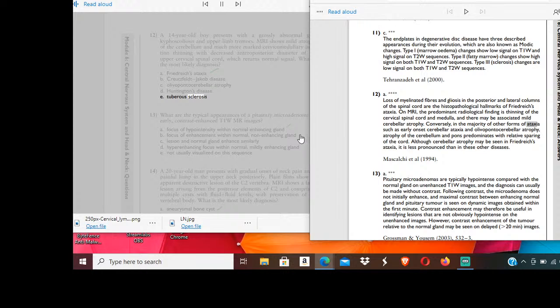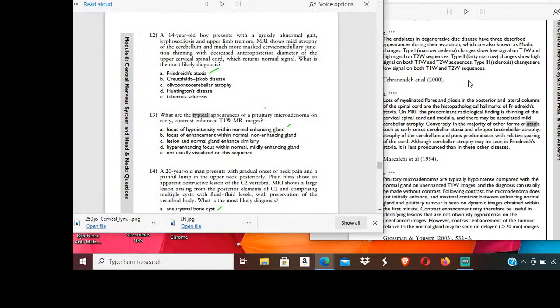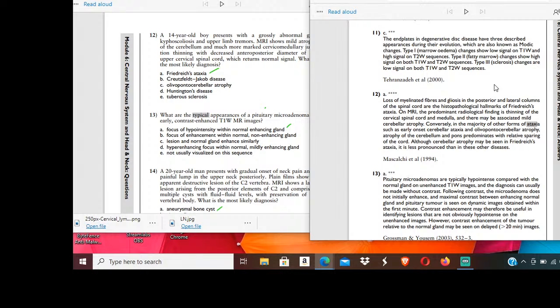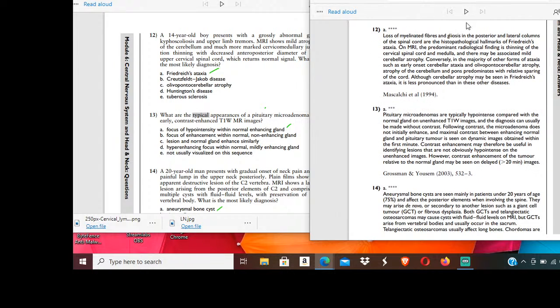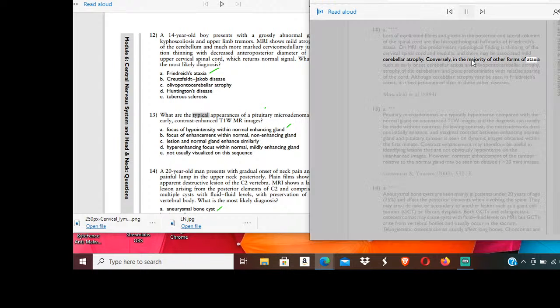Sclerosis. 13. What are the ataxia such as early onset cerebellar ataxia and olivopontocerebellar atrophy, atrophy of the cerebellum and pons predominates with relative sparing of the cord. Although cerebellar atrophy may be seen in Friedreich's ataxia, it is less pronounced than in these other diseases. Mascalchi et al., 1994. 13a. Pituitary